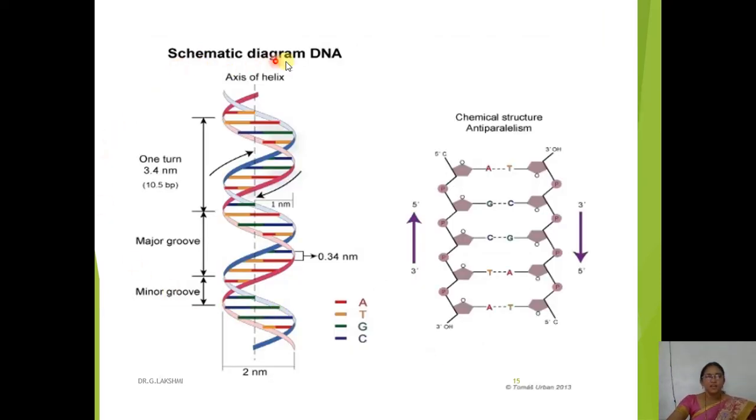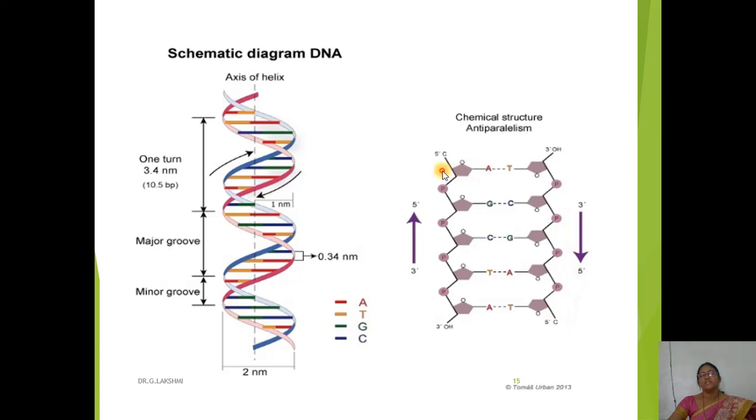So this is the detailed description of the DNA. Right-handed double helical. This is the base pairing: AT pairing is with 2 hydrogen bonds, GC pairing with 3 hydrogen bonds. This is the sugar phosphate backbone in the 5' to 3' direction. The two sugar moieties are joined together by a phosphate group, forming a sugar phosphate backbone. Now you see this strand is 5 prime to 3 prime and this is 3 prime to 5 prime.